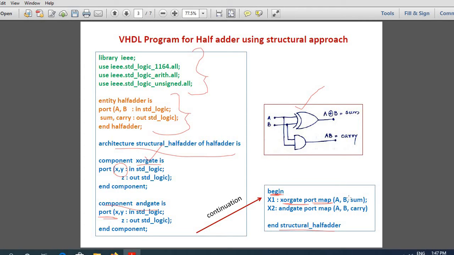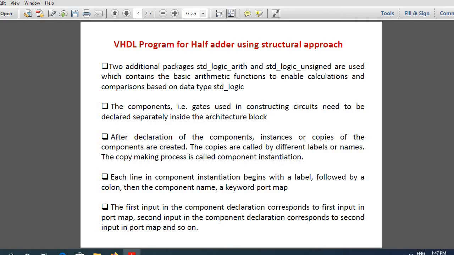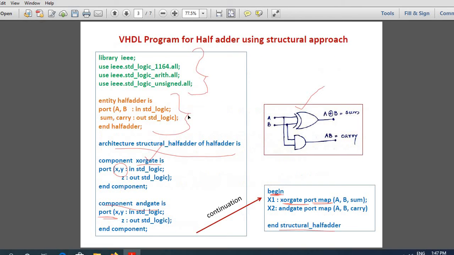It means that the first input in the component declaration corresponds to the first input in port map. This X here corresponds to A, Y here corresponds to B, and Z here corresponds to sum. So what does this give?